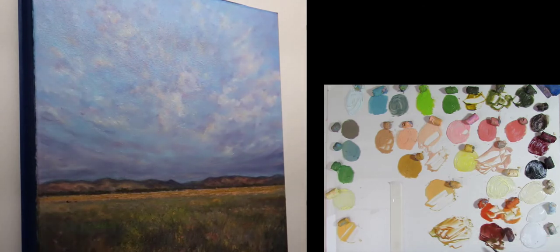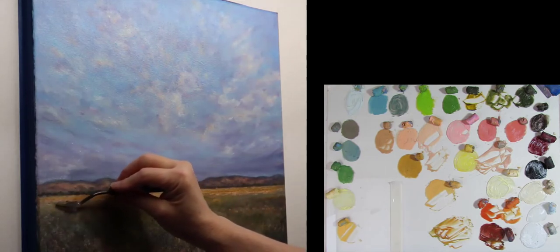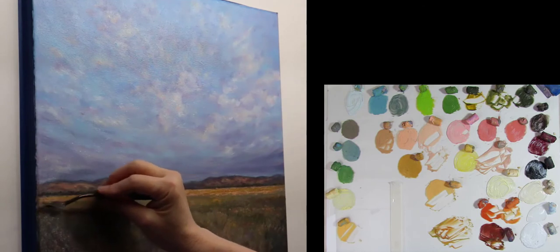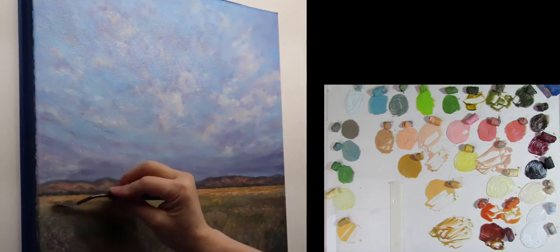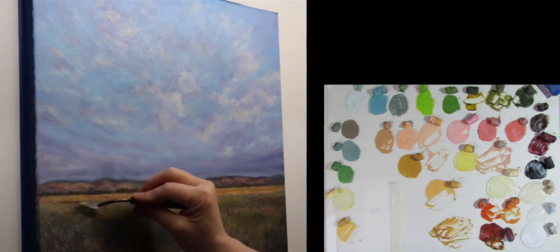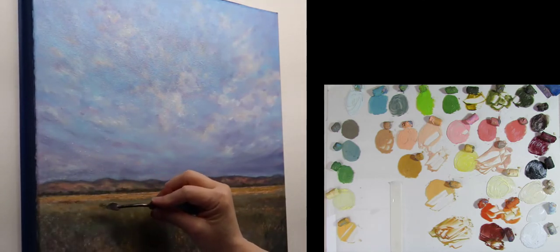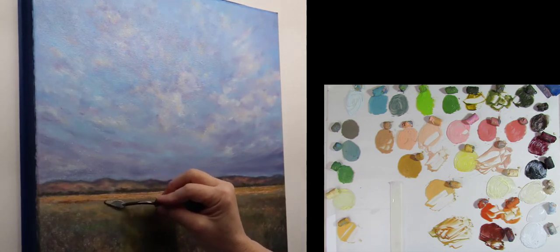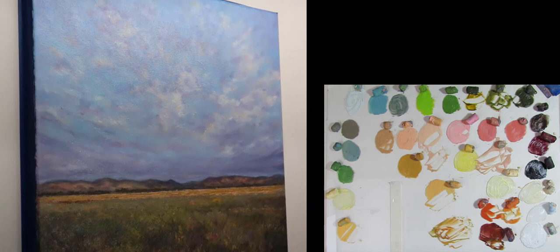Maybe I'll mix in some of this lighter, just so it isn't so very bright or dark. And I'm going to stick a little bit of that in here, and up in here a little bit, and hit that. Now I have